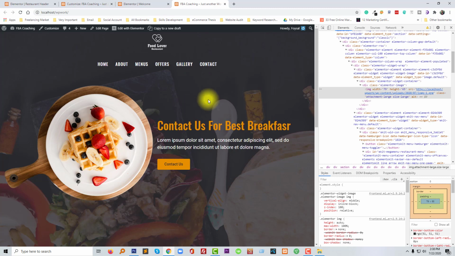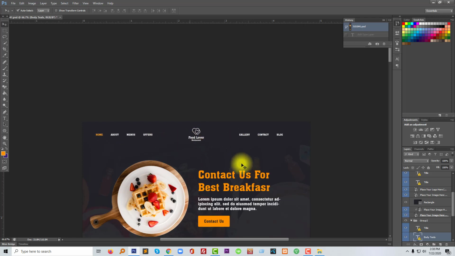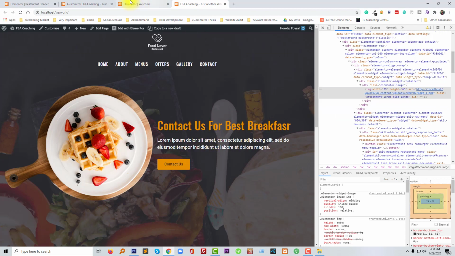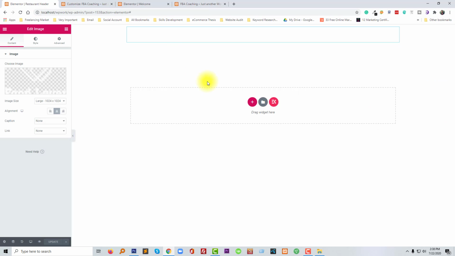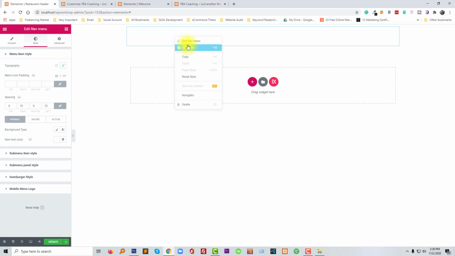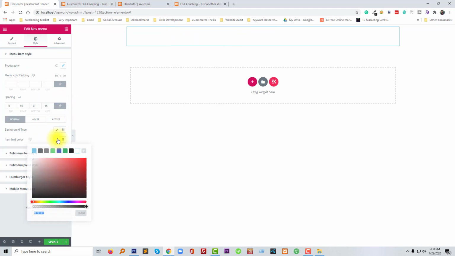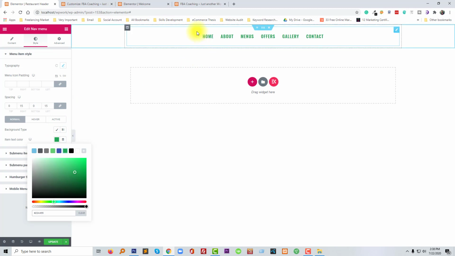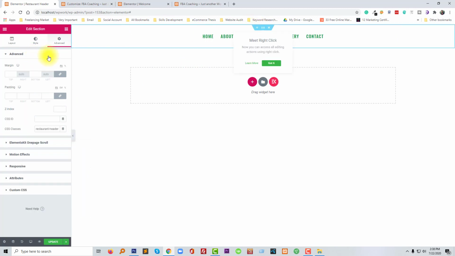So I think it looks good, but I can make this like so if I want. It is not any hard job, we just need a little bit of technique. So what I have to do, let me show you. I'm going to the header section, delete this part, edit the name, just add a color so that I can understand, and then make this section full width,